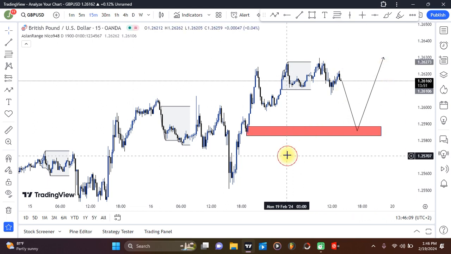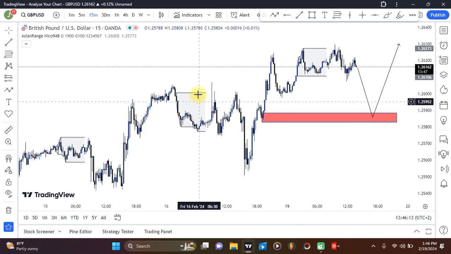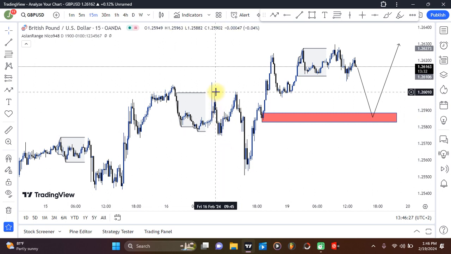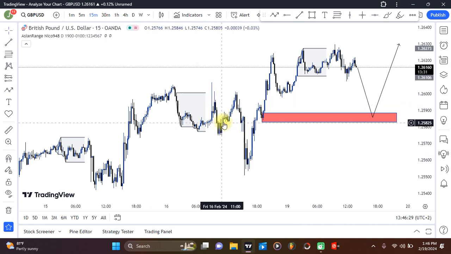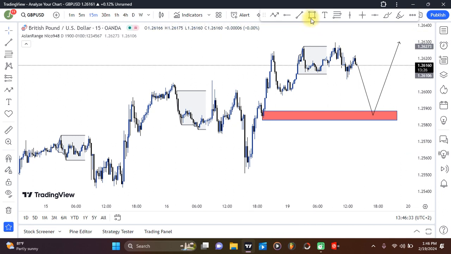Now let's continue. As you can see, let's see what happened yesterday. We had the high, we had the low of the Asian session. These wicks, remember, they do not count. And then these candles here, they broke to the downside, and they also closed to the downside, but we didn't take out the high here. And because we didn't take out the high, we were still expecting to catch a trading opportunity, a buy,